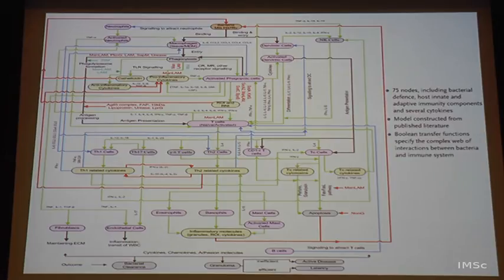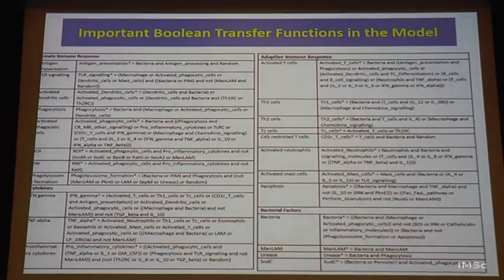And this is the model. Now, each one is a node, you see, and it is connected by edges, and the edges are of different types. You can see colors, some red, blue, green and black. Each one has a meaning: is it activatory, inhibitory, is it simply leading to something, or are two together leading to this, and is it coming from the bacterial system or from the host system. Those are the colors, and these are the outcomes: bacterial clearance, granuloma, active disease, latency, all of these are outcomes. So, I think I have described the model already.